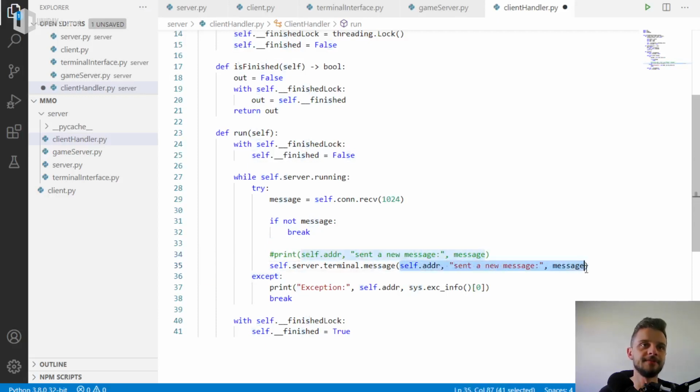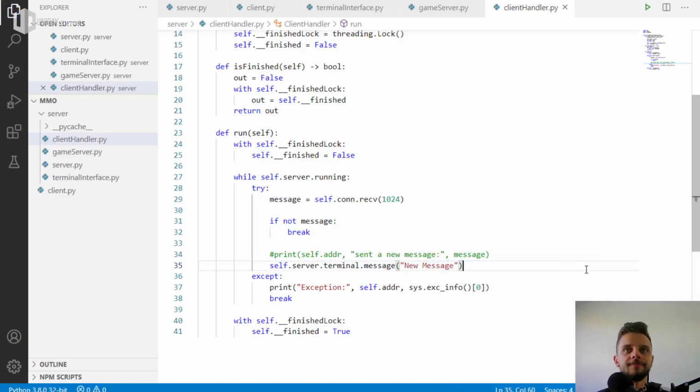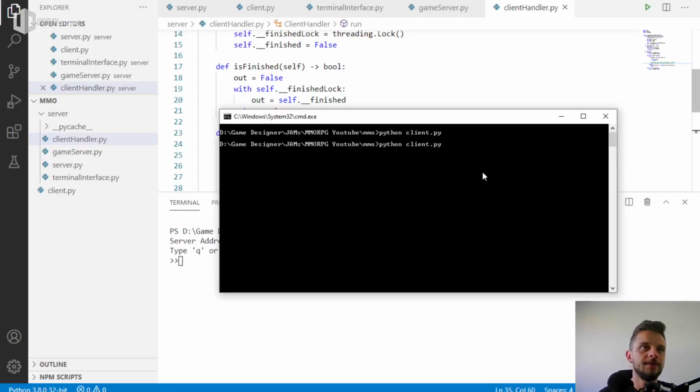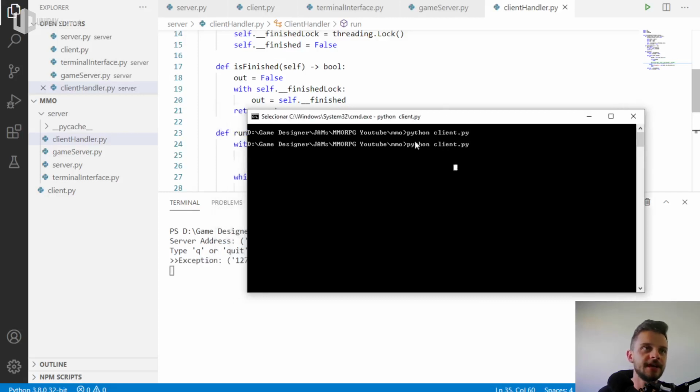Let me print this new message. Here we go. So now I may be able to send a message to the terminal, but it is not gonna be effective immediately. So if I run this and then run a Python client,